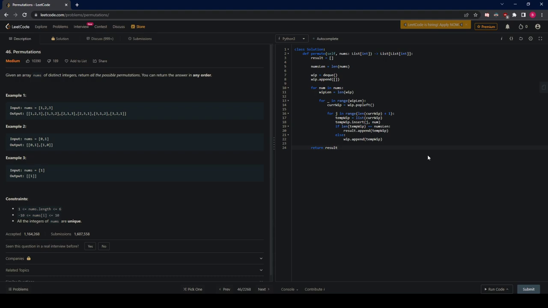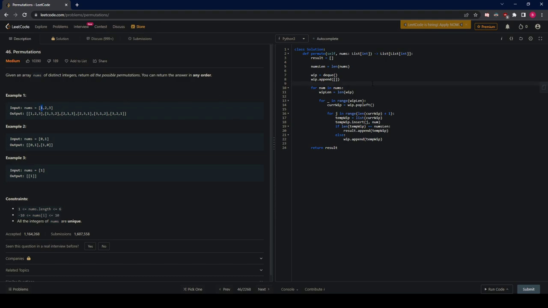I think, let me go through it once again. I can also explain the solution here, actually. While I'm explaining, I'll be reviewing the solution just to make sure nothing's wrong. So basically, for the work in progress permutation, we're going to start off with the empty one, right? And so we get the length of the whip,